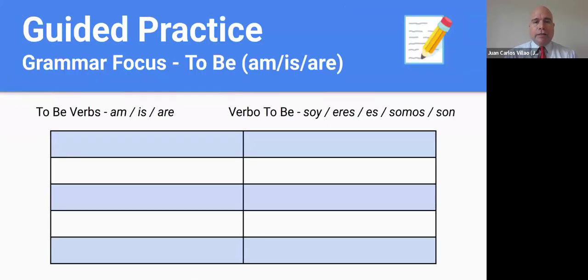All right, so we're now also going to get into the grammar focus. After you have completed the vocabulary drill and the vocabulary exercise, you go on to do the guided practice. So in the guided practice is a grammar